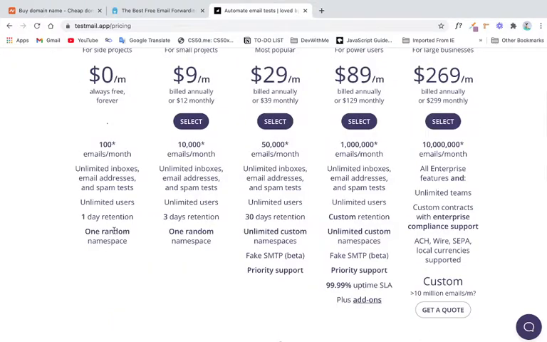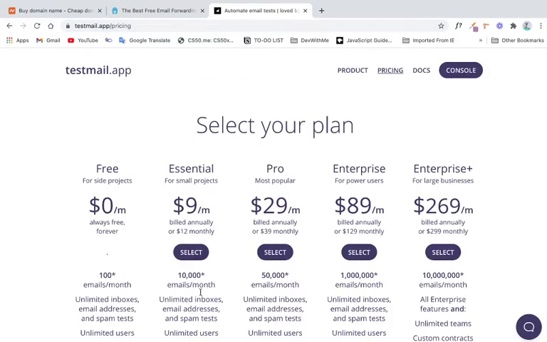Alright, so we're going to use this. We don't expect a lot of users signing up anyway, so I think 100 emails should be enough per month. I think I have essential, up to 10,000 emails per month, because I have the student plan